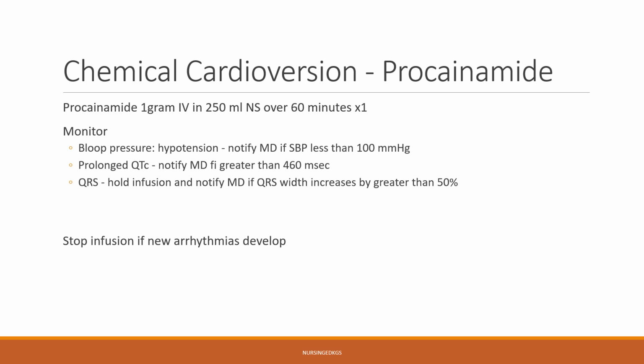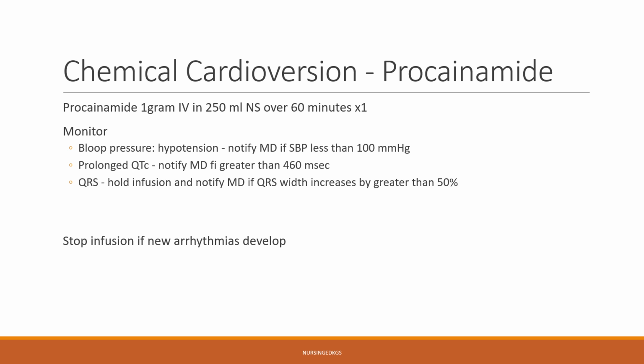Now, one of the medications that is commonly used for chemical cardioversion is procainamide. It's normally a gram in 250 normal saline, administered over 60 minutes. You're going to monitor for blood pressure and notify the physician if their systolic blood pressure is less than 100 mmHg. And there are physicians who are proactive and they'll order a bolus to be administered concurrently or before the